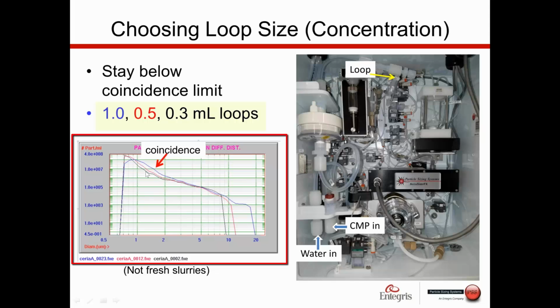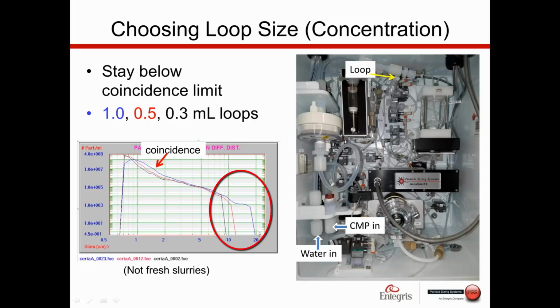What you see here are measurements made on a Mini using a 1, 0.5, and 0.3 ml loop. And see how they don't overlay? If we were below the coincidence limit of the system, these would all overlay perfectly. And you see they start overlaying here at about 5 microns. So we probably don't have much of a coincidence issue here, 5 microns and above. But see how with the 1 ml loop, we actually have this turn down in the distribution up here. That's kind of an example of, then we know we're in coincidence error. So we want to make sure that we choose the sample loop in such a way that we avoid coincidence